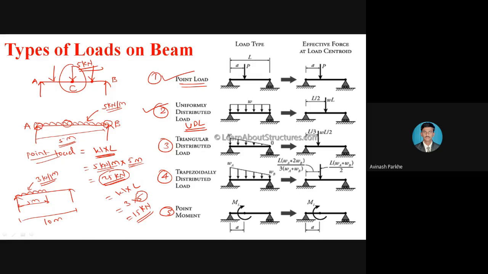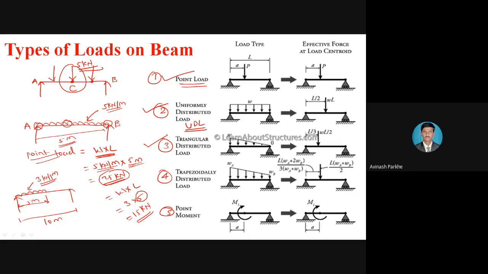So the load which is uniformly distributed, the load which is uniformly spread over the beam, that load is called a uniformly distributed load. And how is it converted into the point load? The equivalent point load is equal to W into L. W represents the magnitude of the UDL, and length represents the length of that particular UDL. Okay. Then third is the